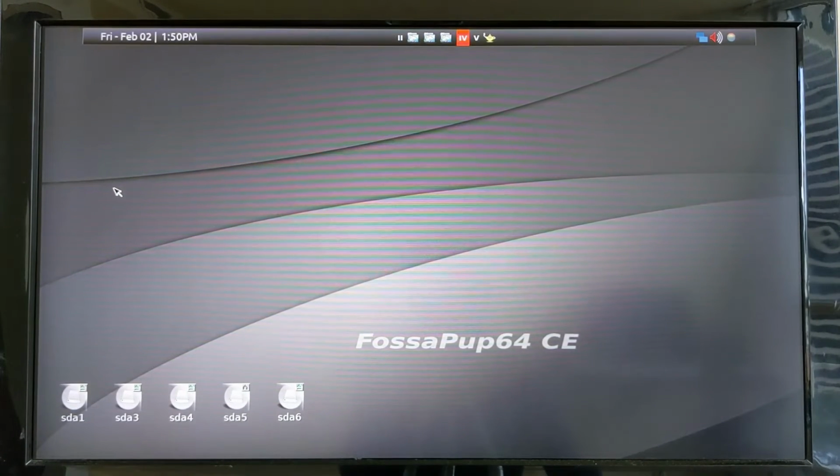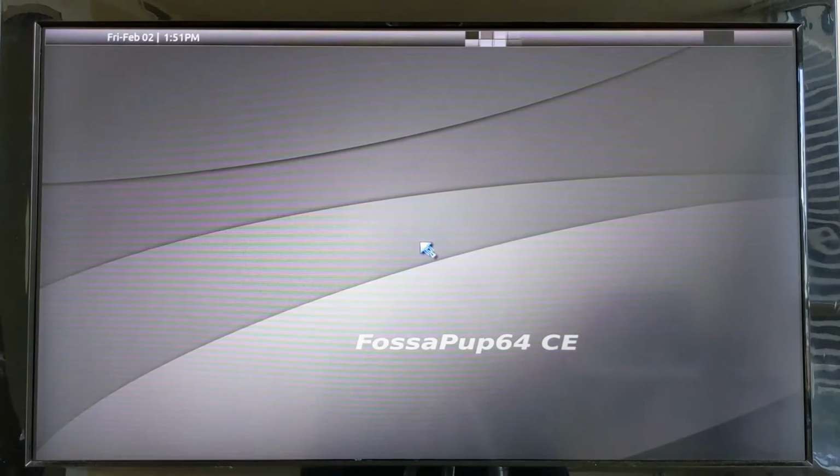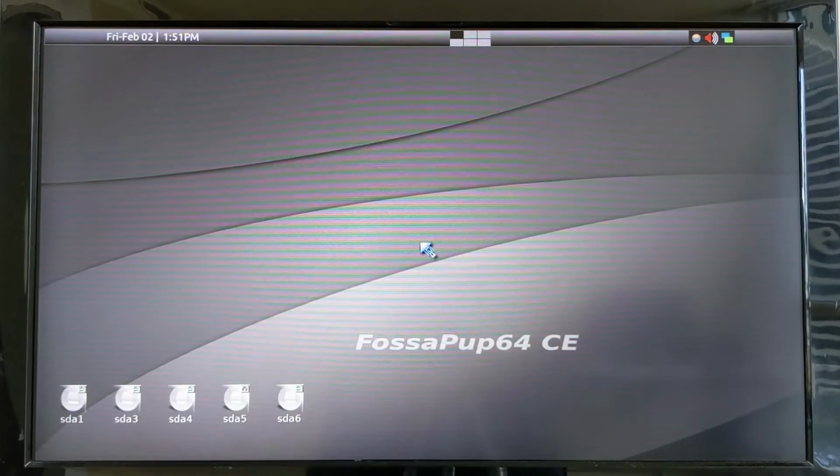So let me just show you, Control ALT and backspace will get you out, and then here you can just type XWin JWM, which is the default window manager in all PuppyLinux. And here, although it looks similar, this is actually a JWM window manager. Let me just prove it with the